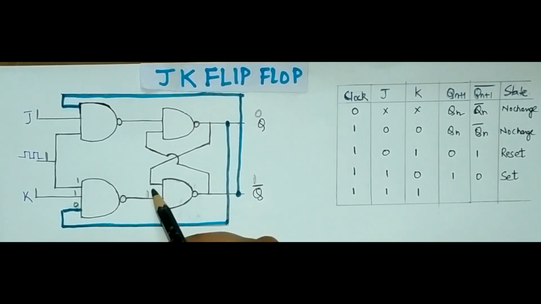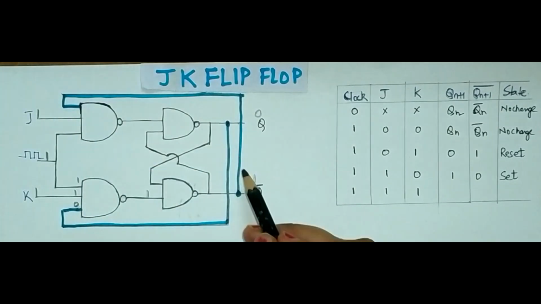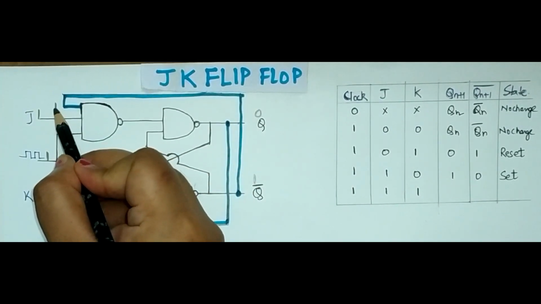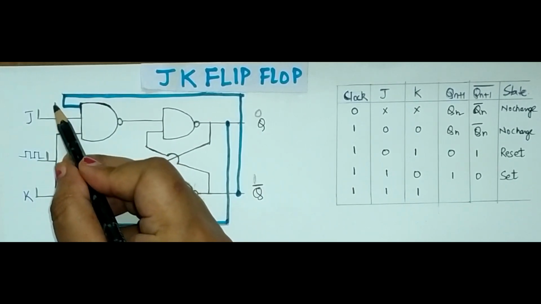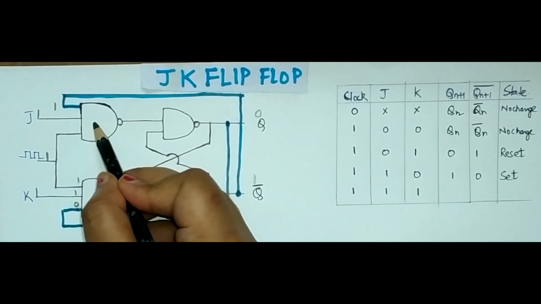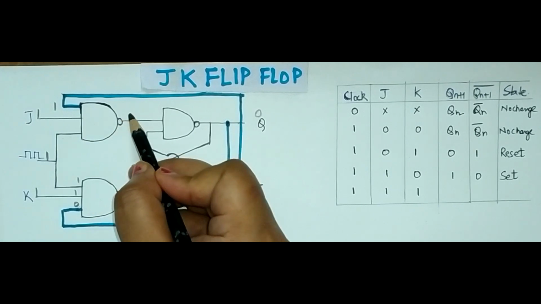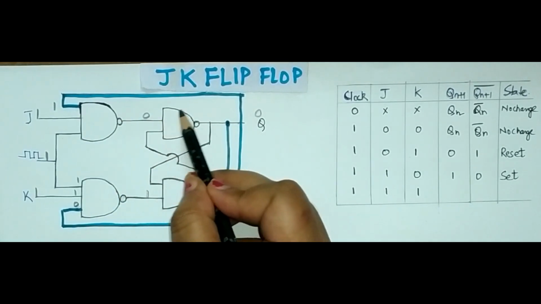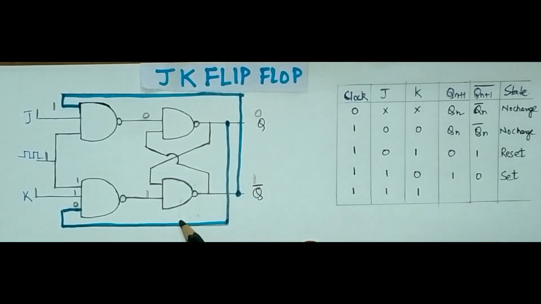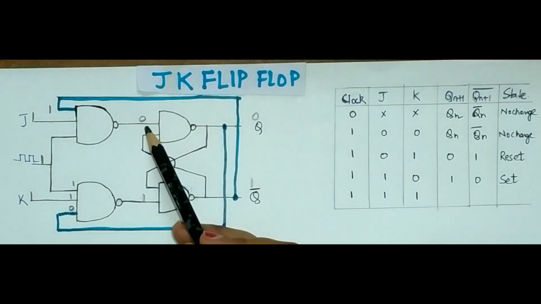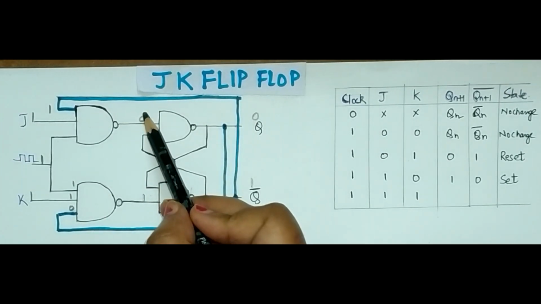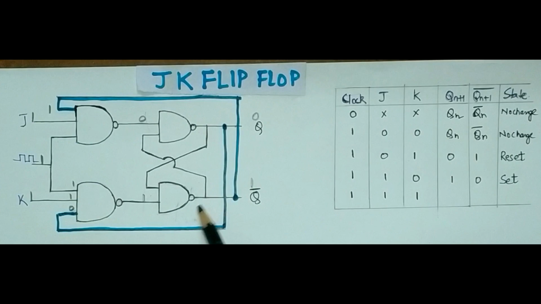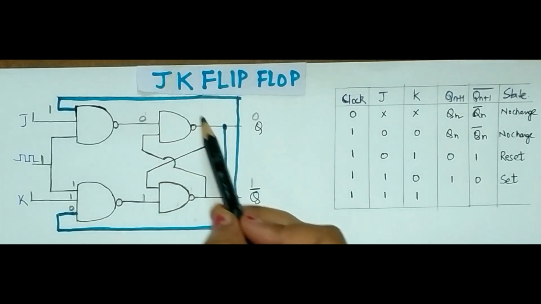Again let us see what will be happening over here. This 1 is going over here, so this is 1, 1, 1. 1 into 1 is 1, then again its complement will be 0. So I am having 0 and 1 as the input. If you see carefully, up to this much, it is the SR latch using NAND logic gates.